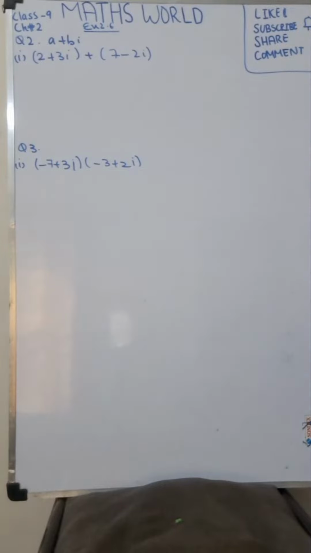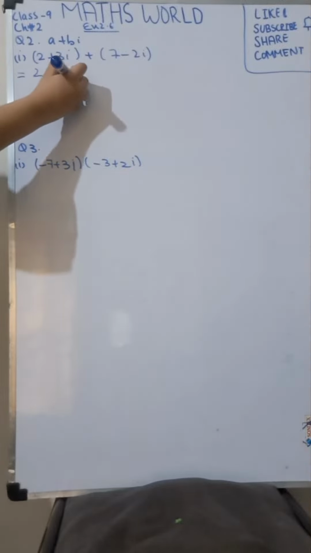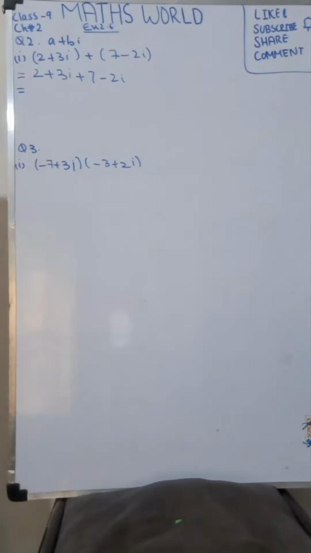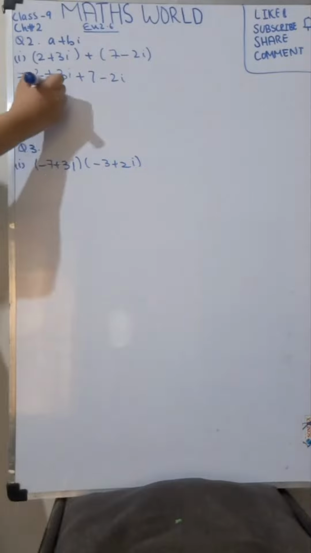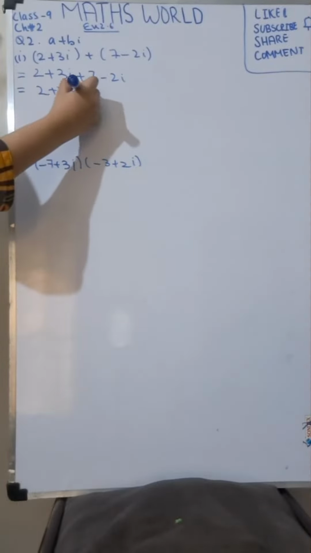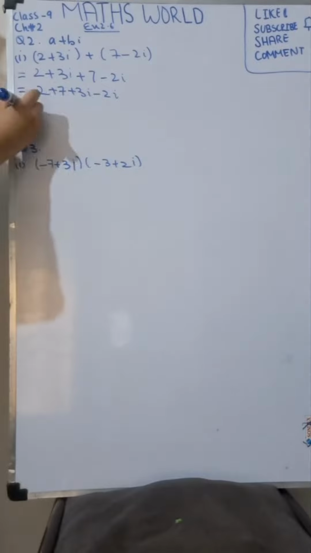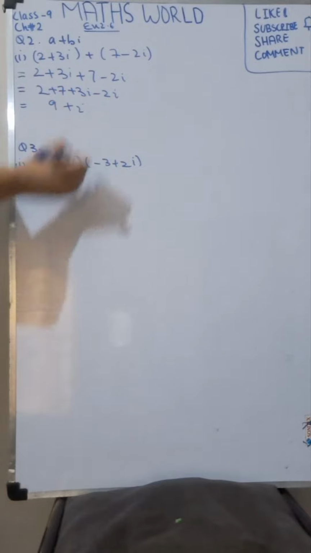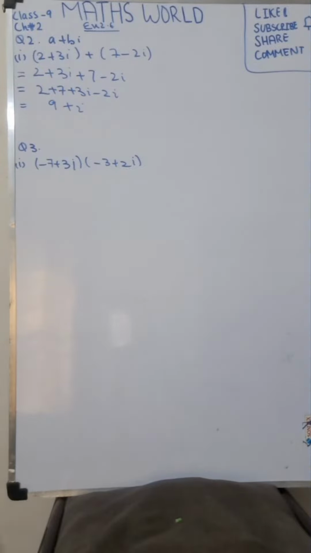क्वेश्चन नंबर 2 करने वाले हैं 2.6 का। तो फर्स्ट पार्ट हमारे पास है 2 + 3 आयोटा प्लस 7 - 2 आयोटा। हमने उसको a+b आयोटा में सिंप्लीफाई करके लिखना है। तो हम क्या करेंगे, सिंपली 2 + 3 आयोटा प्लस 7 - 2 आयोटा। अब हम रियल को रियल के साथ, इमेजिनरी को इमेजिनरी के साथ ऐड कर देंगे। तो 2 + 7 + 3 आयोटा - 2 आयोटा, ये आपके पास आता है 9। 2 + 7, 9 आएगा और उसके बाद ये आ जाएगा प्लस आयोटा।